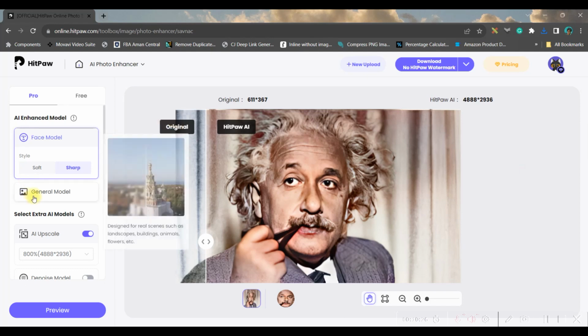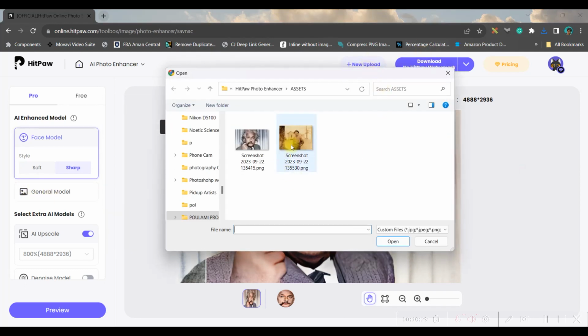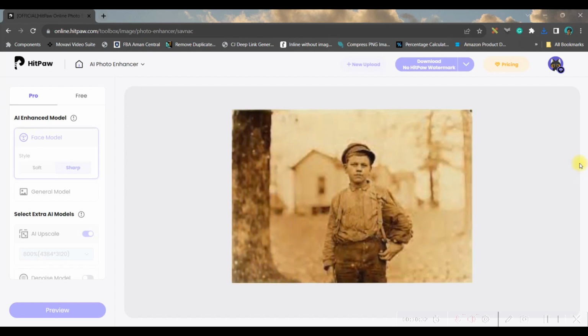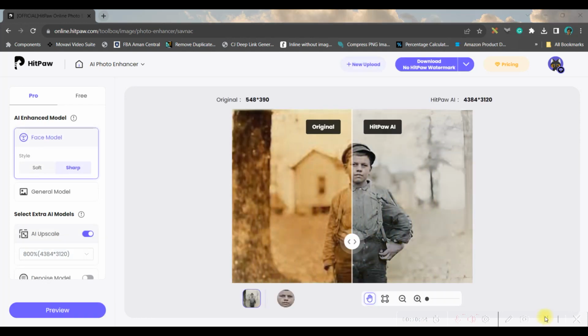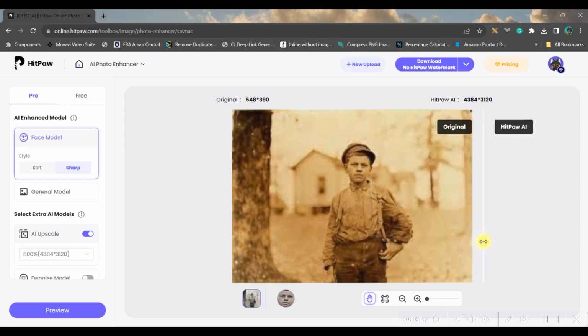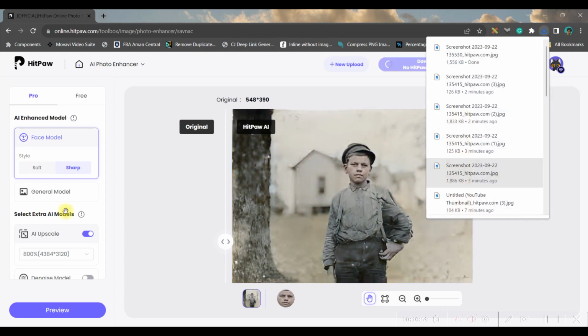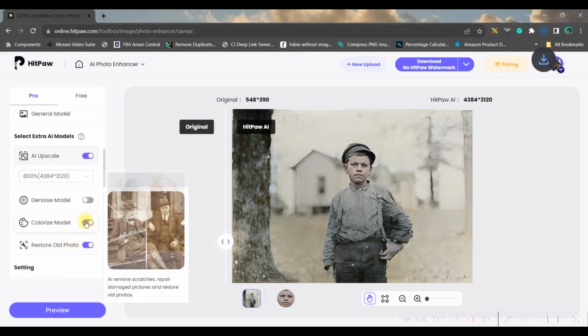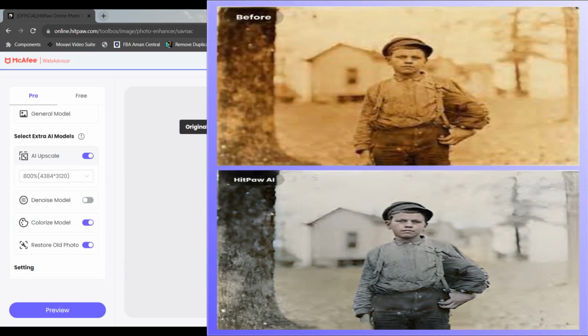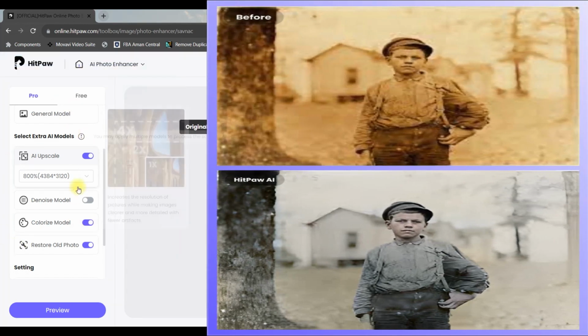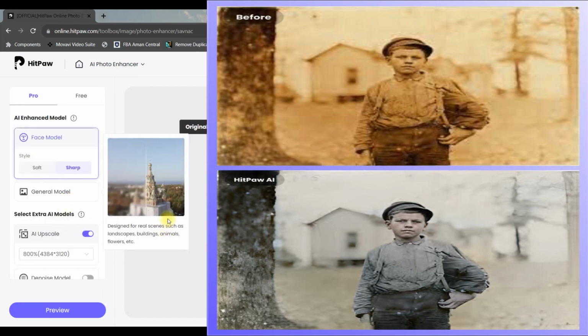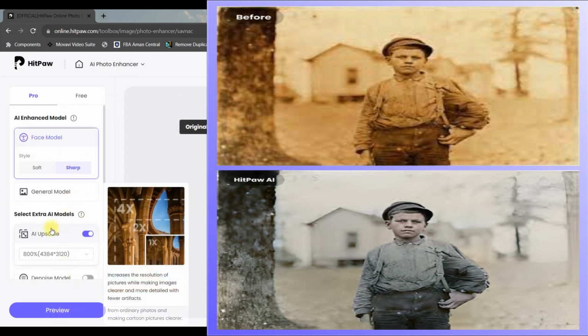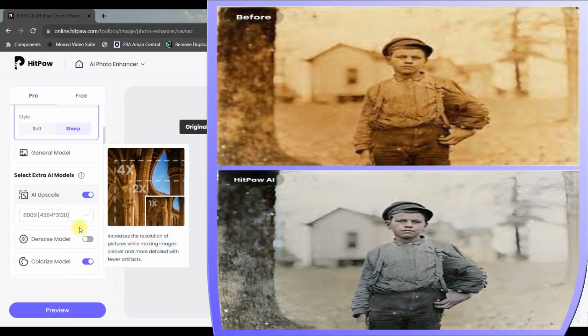Now let us move ahead and take the last image which I am going to upscale. So I will be taking this image, and this is again a downloaded image from Google, an old image, and let's see how AI works on it. This image I have shown you, and this is what I have got from face model on, and I have also given the restore old photo toggle on and colorize model on. So you can try many models together or single model. Not necessarily you'll have to use only one model. You can keep these extra AI models toggles on as and when you need it, and make the best use